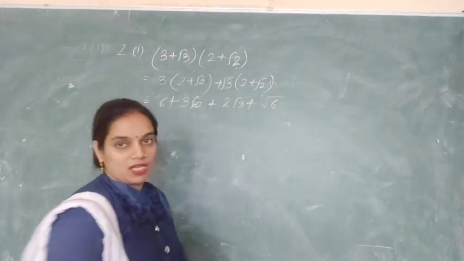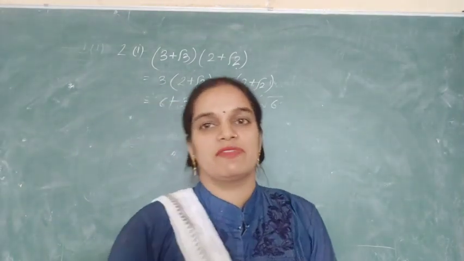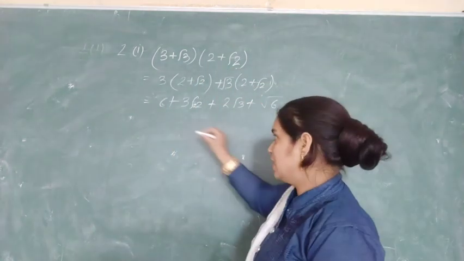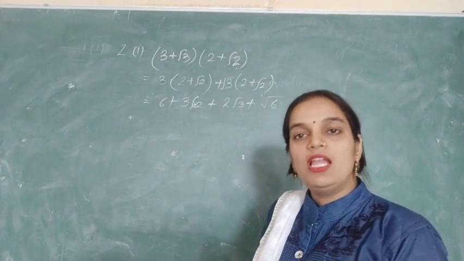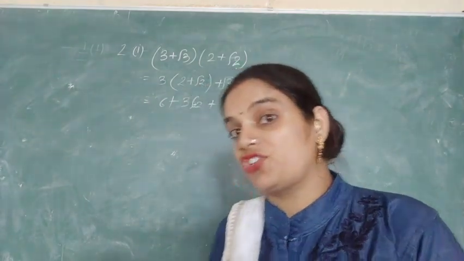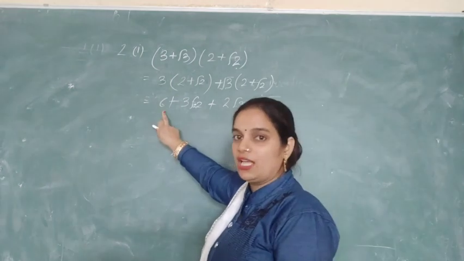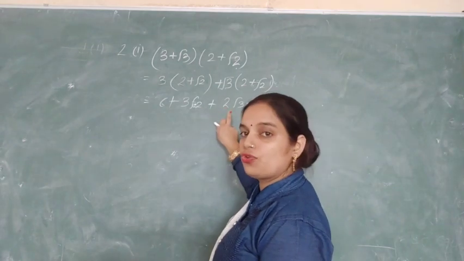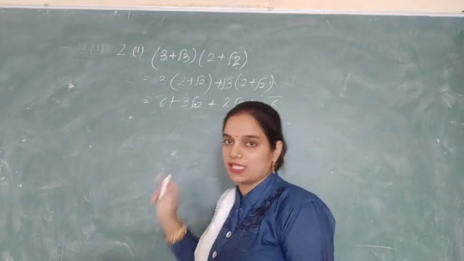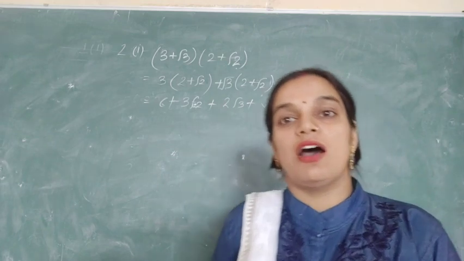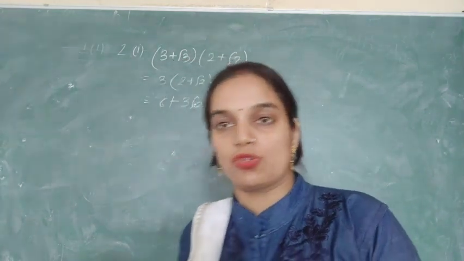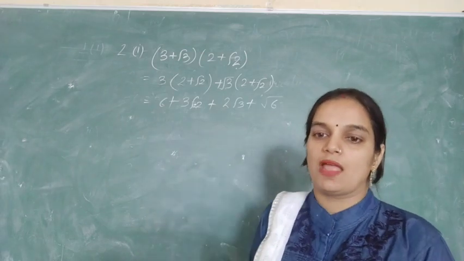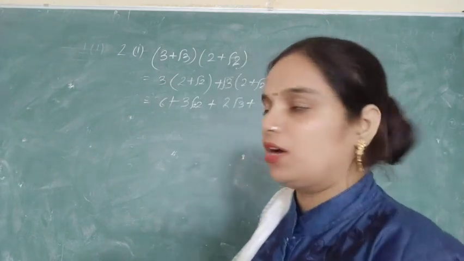During multiplication, different irrational numbers will be multiplied like this, meaning root 3 and root 2 will be root 6. Now we have 4 terms and all the terms are with different irrational numbers. The first number is rational, as it is given 6. The second one is 3 root 2. The third one is 2 root 3 and the last one is root 6. The last 3 numbers are with different irrational numbers, so we will not add them and the overall result will be this. Now let us discuss its second part.